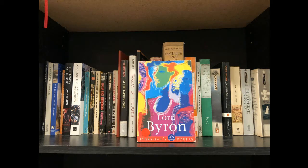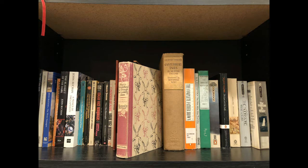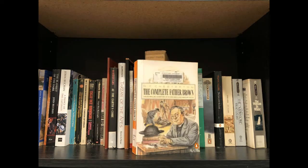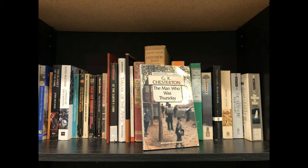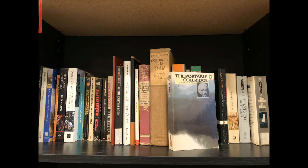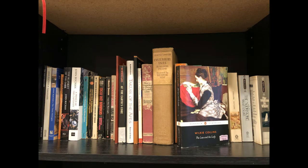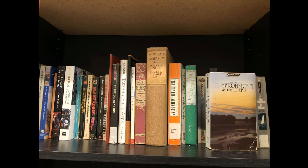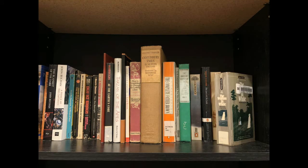Then we have an Everyman's Poetry edition of Lord Byron, another beautiful copy of Alice in Wonderland and Through the Looking Glass, Chaucer's Canterbury Tales, The Complete Father Brown by G.K. Chesterton and The Man Who Was Thursday, The Innocent Wayfaring, The Portable Coleridge, and now come a lot of Wilkie Collins books: The Law and the Lady, No Name, The Moonstone, The Woman in White, and then going to the